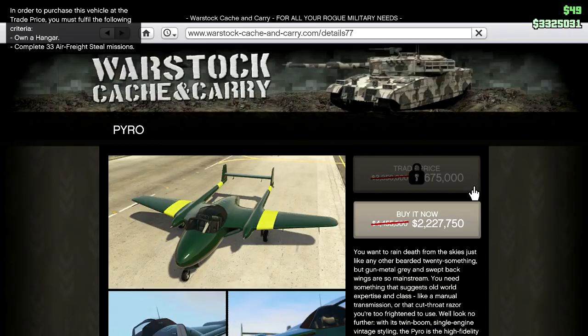And some people think it's one of the best fighter jets in the game now. I mean, that's debatable. Everyone's going to have their picks. Some like the Pyro, some like the Laser, others like the Hydra. You're going to have different camps for this topic, depending on your style. The Pyro is 50% off as well for the buy it now price as well as the